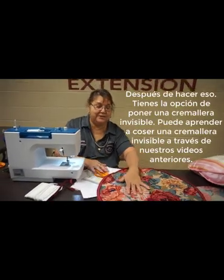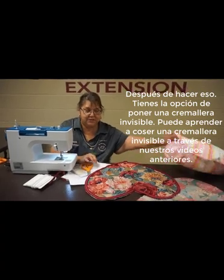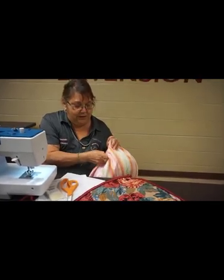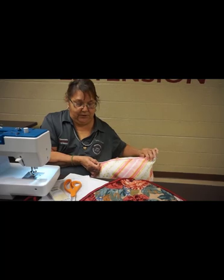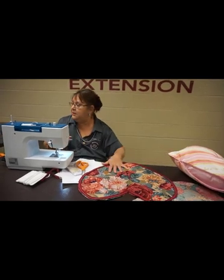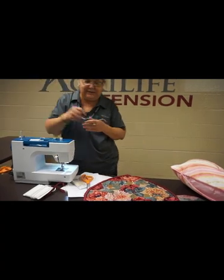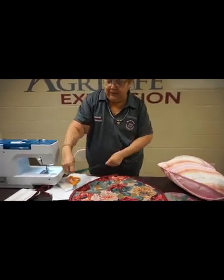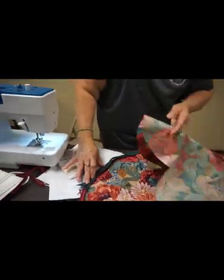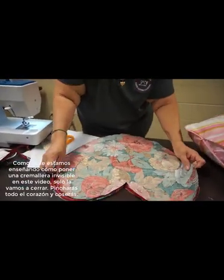So if you wanted to put a zipper, like Miss Yolanda Garza's previous lesson showed us how to do a zipper, this is where we would place it. This is another place where you would put a zipper in there and it would work wonders. But because it's a quick lesson and we already had that lesson on the zipper, you would place the zipper again the way we did that other lesson. You would have to iron the zipper open, and this is where you would place the zipper. And then you would put it on top of this. But because we're not doing this today, we're just going to put it